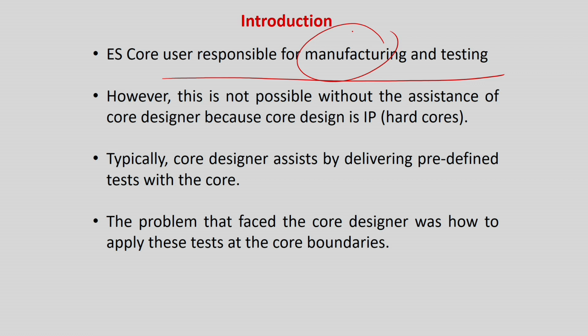So basically I have purchased from you the GDS2 level, that is the layout level of the chip or the core, and also maybe at the RTL level. I am purchasing from several vendors, putting them into a single die in a design, sending it for manufacturing, and finally I have to get it from the vendor and I have to sell it on everybody's behalf. Then what I have to do, I have to take those cores, manufacture it, test it. Test patterns somebody else will give to me, means whoever has sold the cores will give it to me. But it's my job to test those individual cores as well as the integration which I have done. So the core user, that is basically saying that I am the user, I am using all of your cores which you have given me, so it's my responsibility.